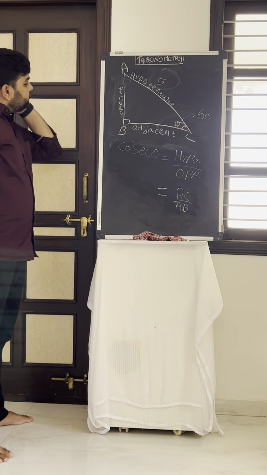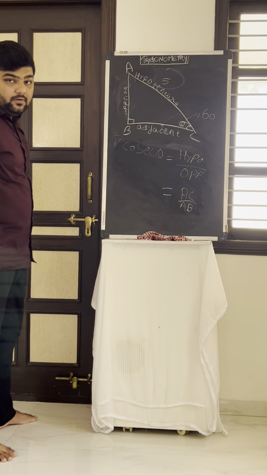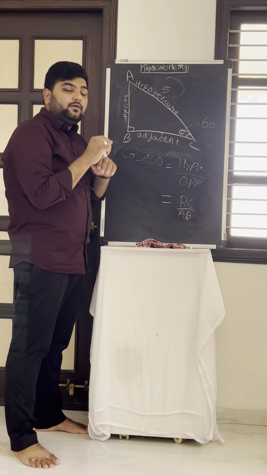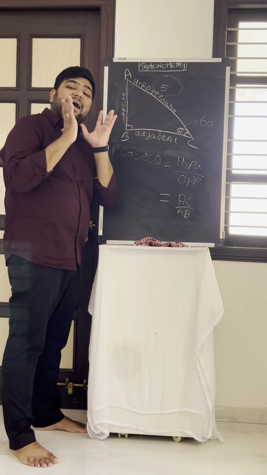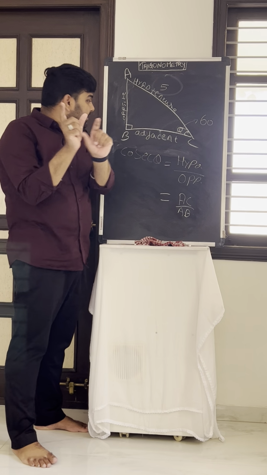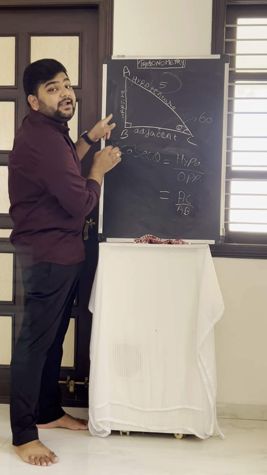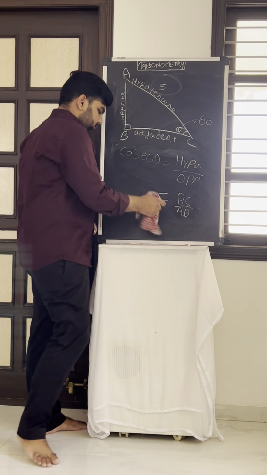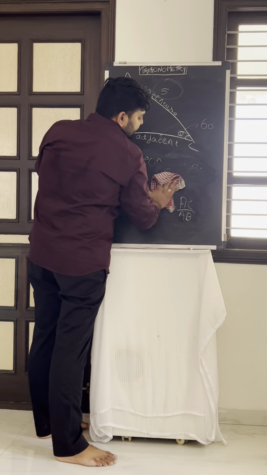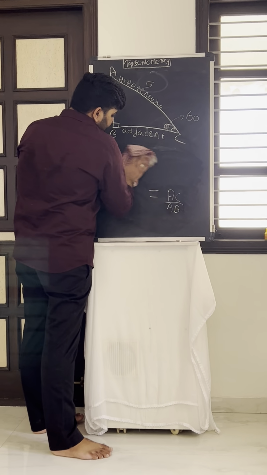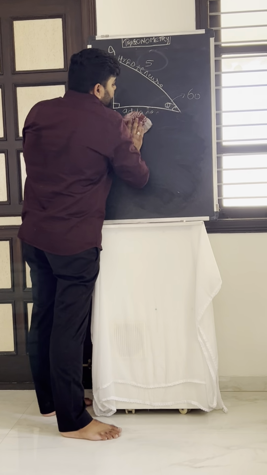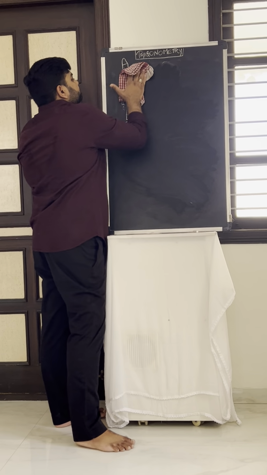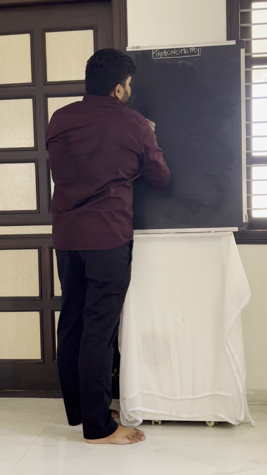Okay, so these are the 6 operators of trigonometry with the help of which you can find the value of all the sides of a triangle by just using an angle and the value of any one side of the triangle. So these are the 6 operators of trigonometry, right? As I have said earlier,